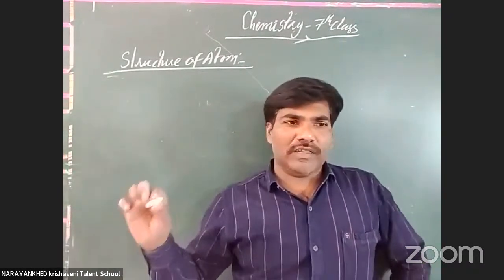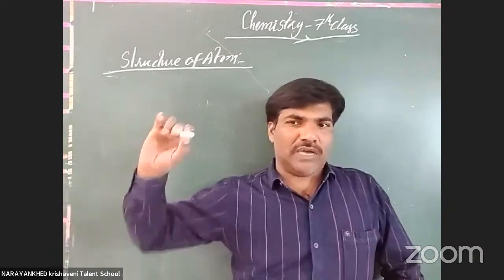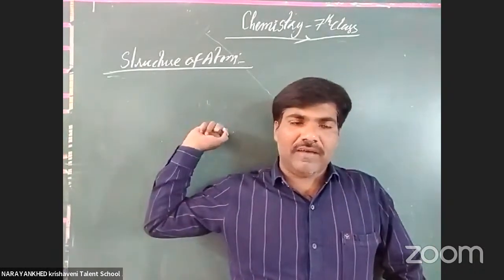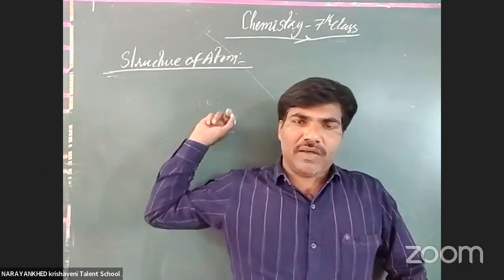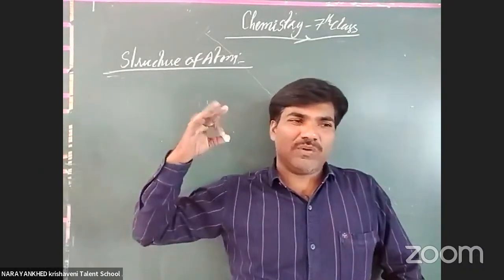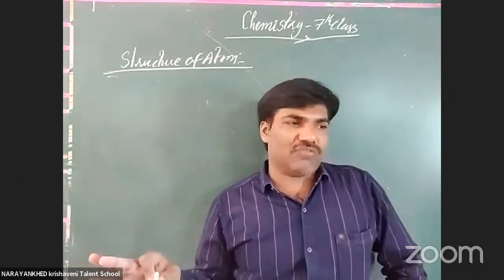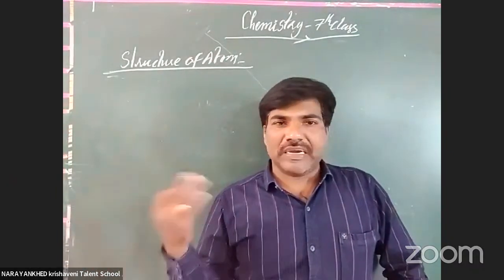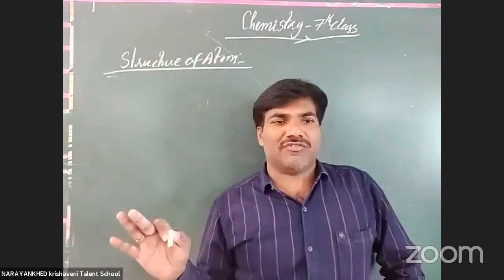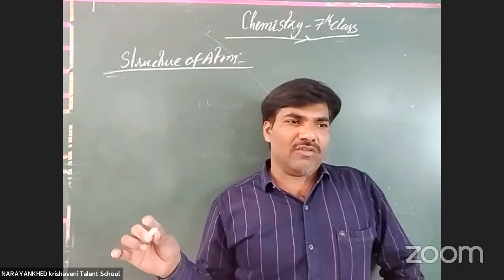Why is the duster smooth, why is this chalk piece like this, why is this iron like this? And why are you like this? These totally depend on which thing? The atom combinations only. Got it or not? We get color because of atomic reactions only. Clear or not, all the students?